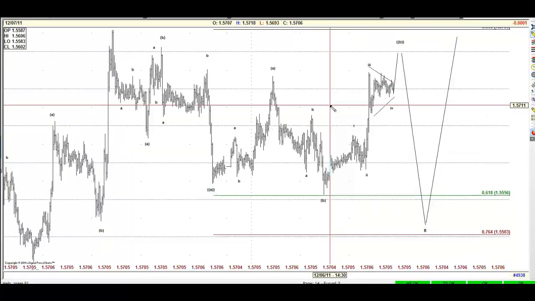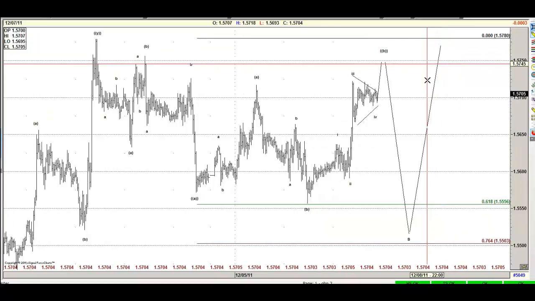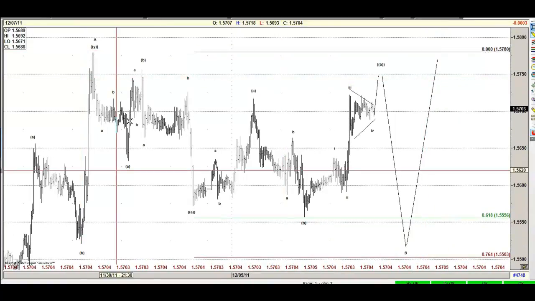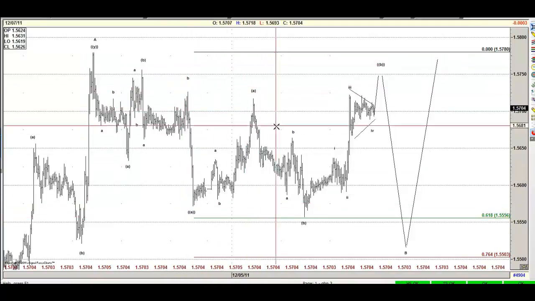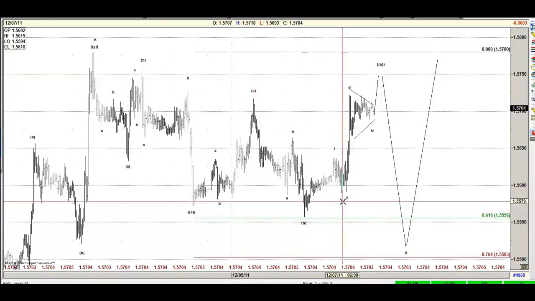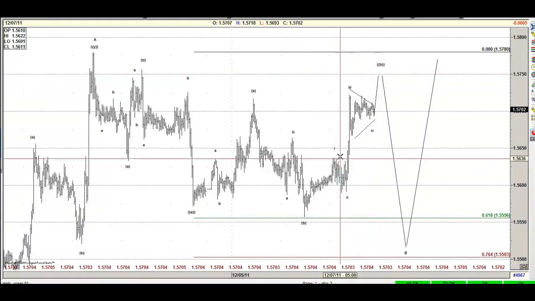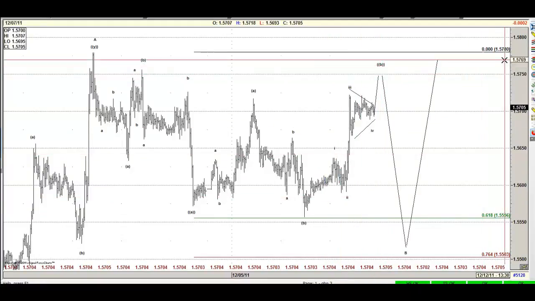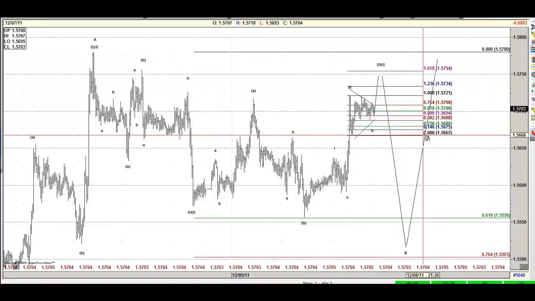What is cable showing? Cable is showing a structure that goes pretty well with the US dollar. ABC, this is A, B, and C in a flat B wave, and then most likely 1, 2, 3, 4, 5, we're going to see a high in cable to around